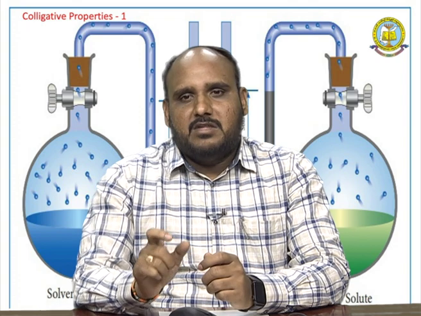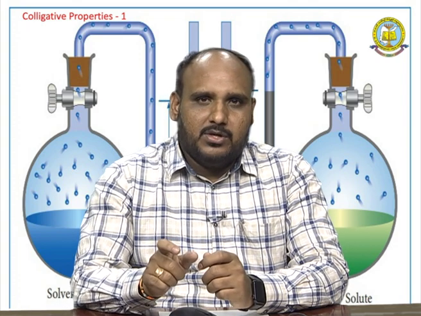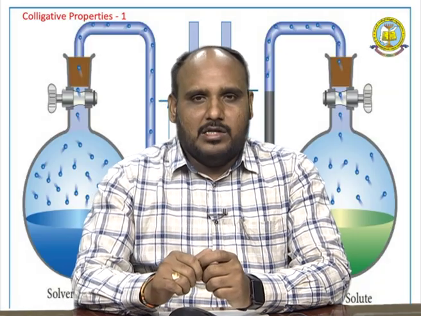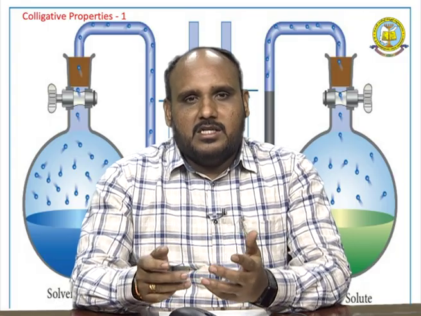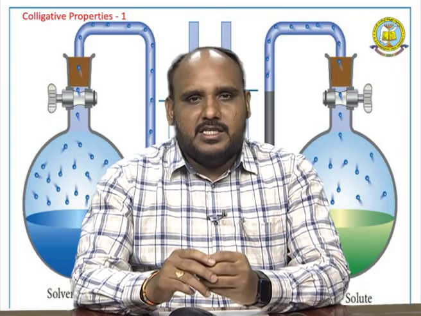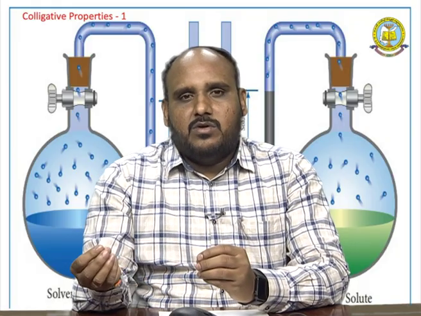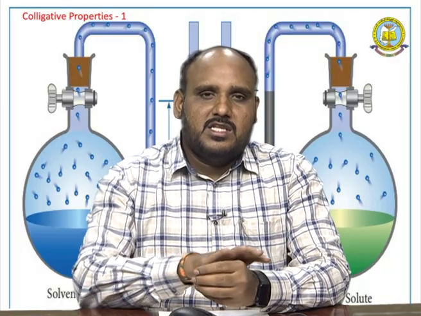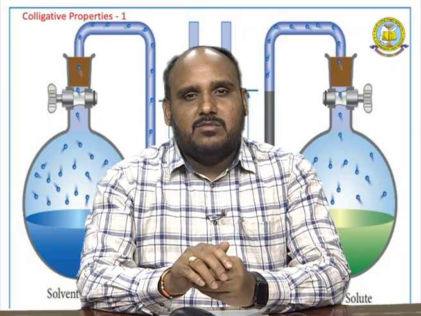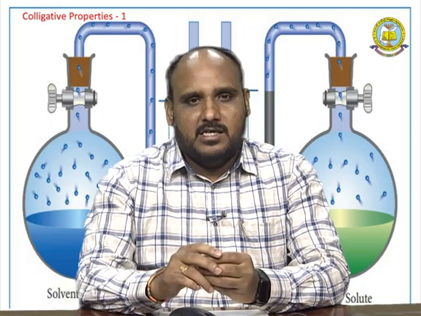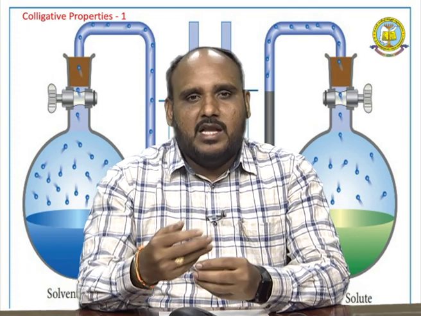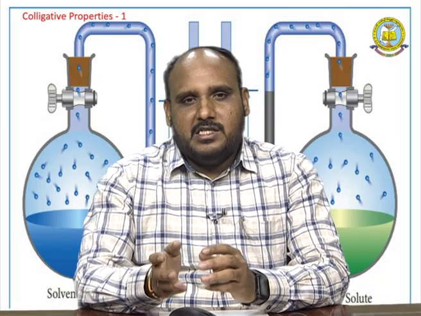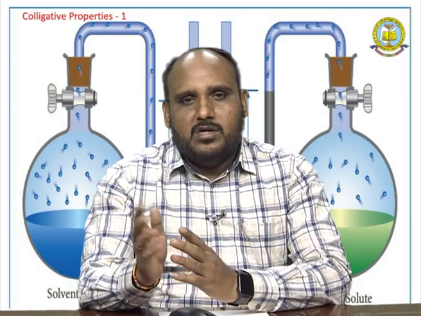So, that difference between the solution boiling point and solvent boiling point is known as elevation of boiling point. So, for example, water boiling point is 100 degrees centigrade. When we add a little amount of oil to the water, that oil occupies the surface area of the water, therefore at that time the boiling point of water increases. So, not 100 degrees, more than 100 degrees, that may be 105 to 110 degrees. So, initially pure water 100 will be there, now it is 110.